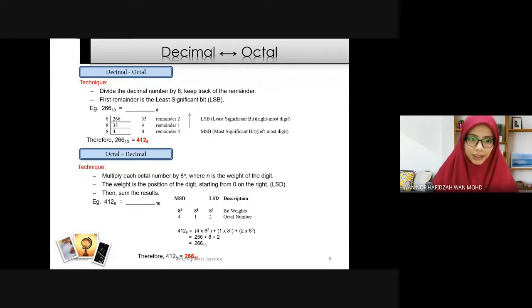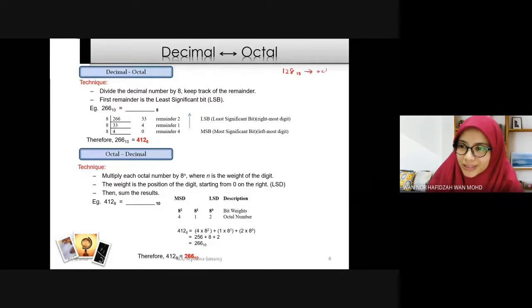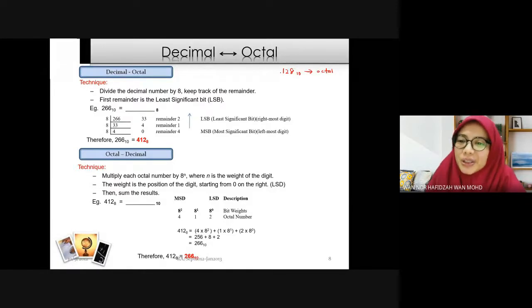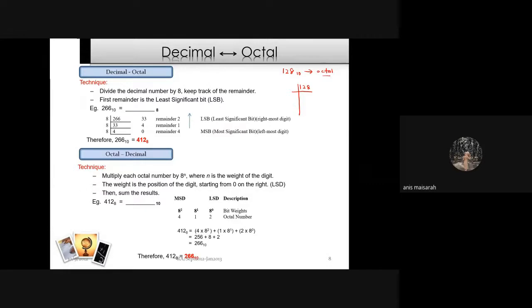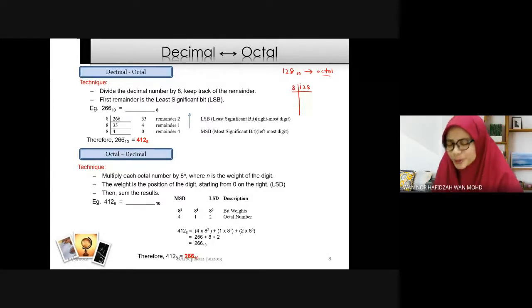Kita kata kita buat, maybe we have another number. Do you have any other number? Give me one number. One decimal number. Any number. Any number. 1 to 8. Okay, 1 to 8 base 10 to octal. So let's do our way. 1 to 8 divide by 8. Jangan pula sorok semua divide by 2. Wrong. Okay. 1 to 8 divide by 8. So the answer is